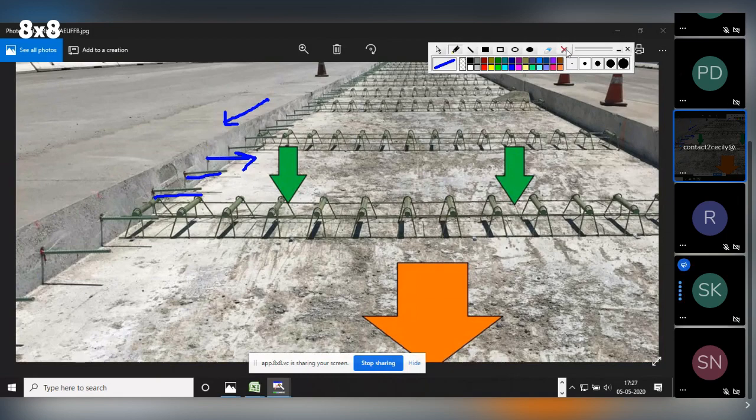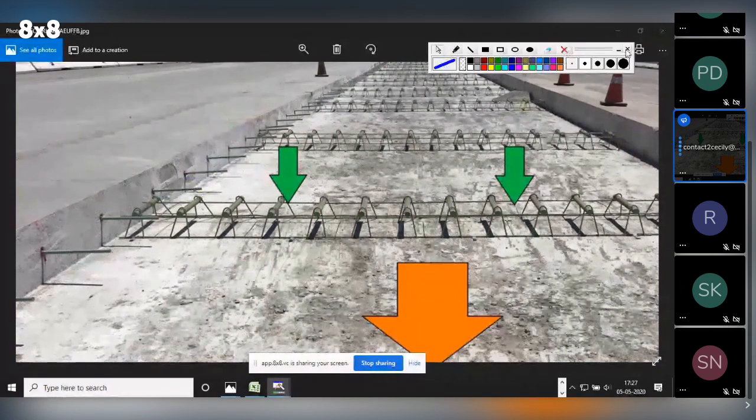Yes ma'am. Okay. Now see, we have to design this length only. What will be the length? Half of the portion is inside that slab. So what will be the total length? And what will be the diameter of this reinforcement? And what will be the spacing? Spacing means this distance. They are kept at a certain fixed distance. This distance is the same. That is the spacing of the bars.